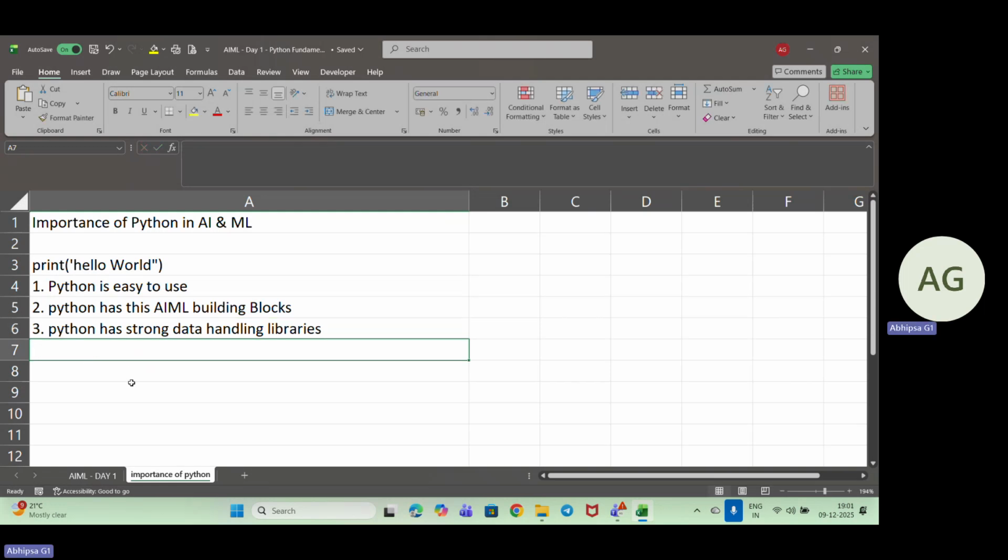Next, coming to the fourth one: Python is faster for prototyping. When we build an AI model, we must try different ideas.